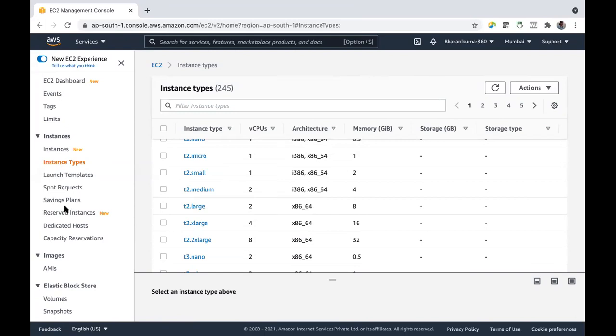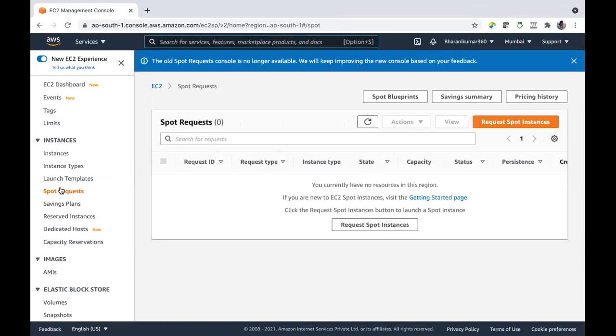In this pricing model, we have the regular pricing model, that is called on-demand pricing. You pay for the number of running hours on a monthly basis, that is the regular one. And you have spot requests. With spot requests, you don't know when you are testing something, even if that server is not there, you're fine. If it is in a stopped state or if it is terminated also is fine. In such scenarios, you can go for a spot instance.